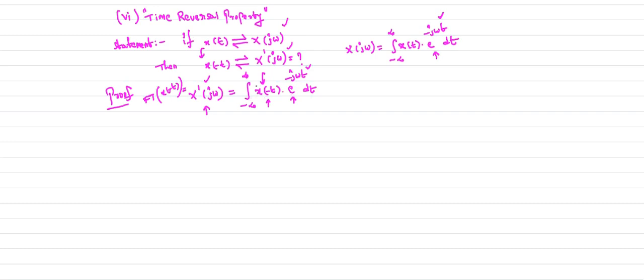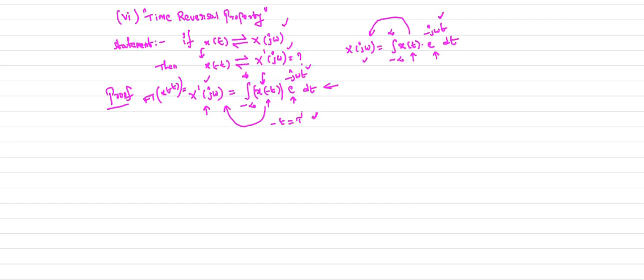So here we need to change the signal to x of minus t. Previously it is x of t, and correspondingly the Fourier transform is x of j omega. Now the signal is x of minus t, and we need to find its Fourier transform, which is x dash of j omega. I want to represent this in terms of the standard formula. In the standard formula we have x of t, therefore I replace this minus t by a dummy variable tau.